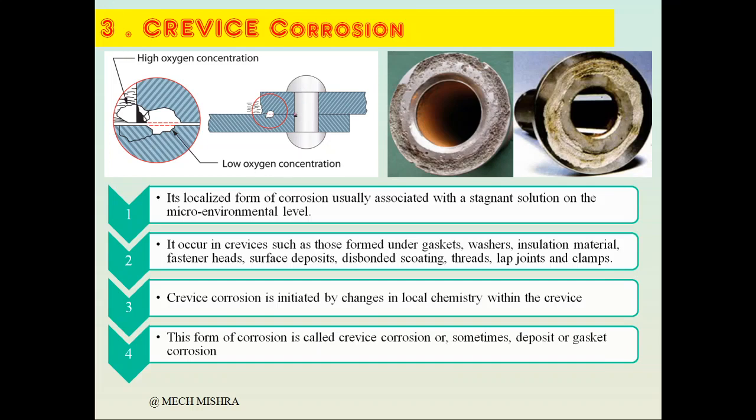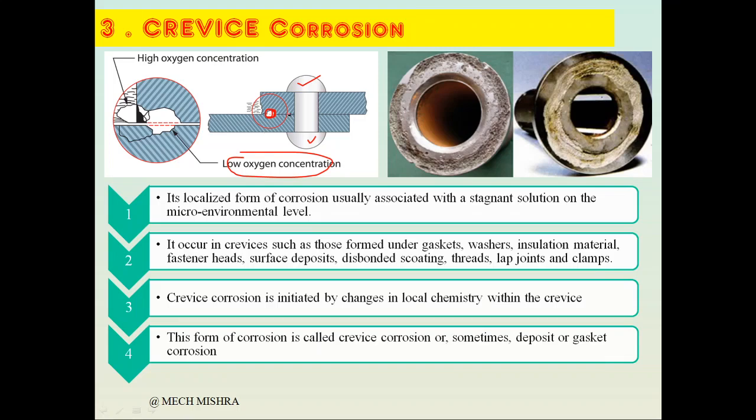Like here we have a riveted joint of two plates. The rivet is provided between the two plates, and these plates are parallel to each other. Now if there is a certain gap in between the metal, what will happen? The moisture will be stagnant in that area, and that zone will be a low oxygen concentration zone. Another zone will be a high oxygen concentration zone. So moisture will ingress in this, and this will cause localized corrosion. So that's called